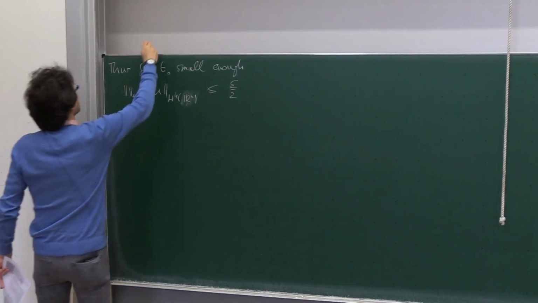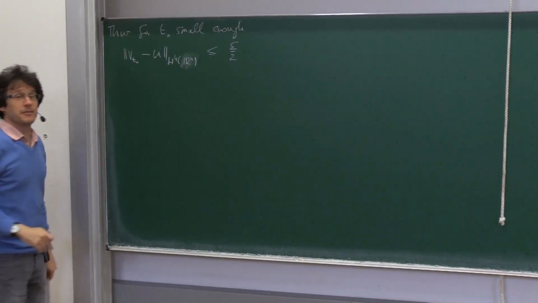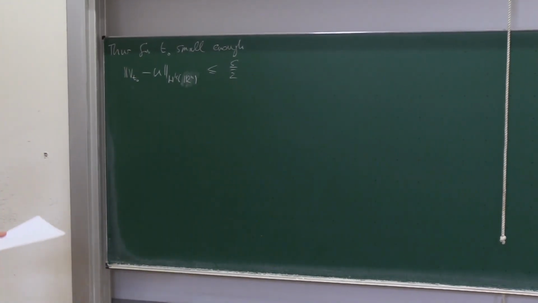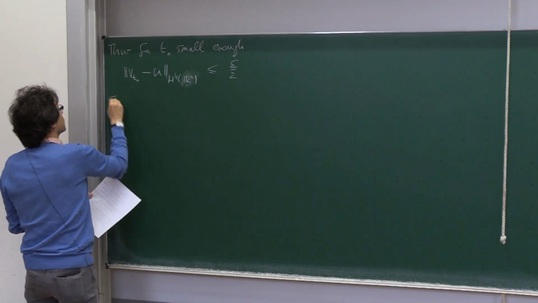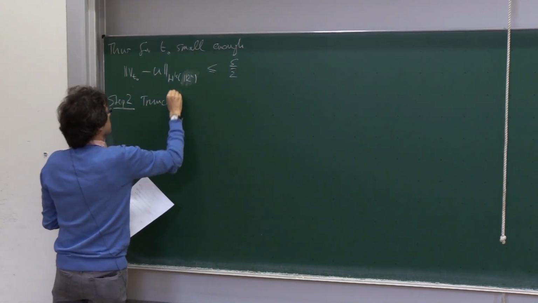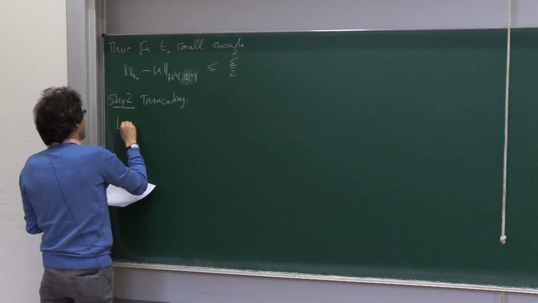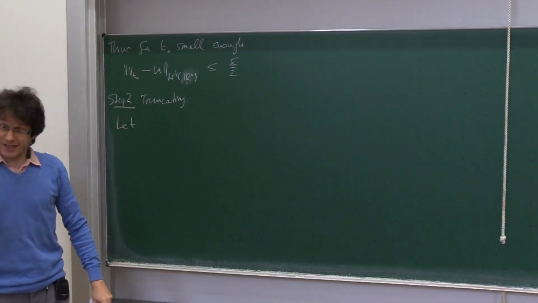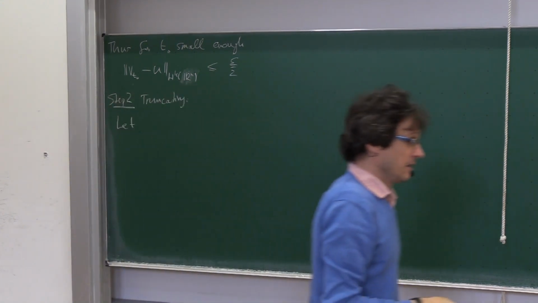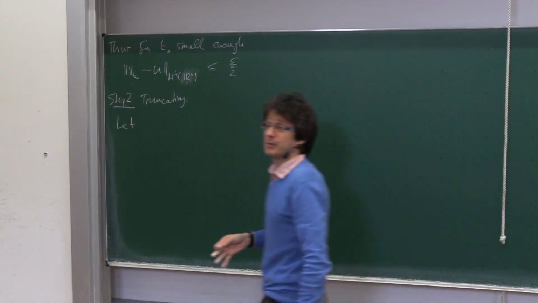Okay, so now we have a smooth function that is close to u, and now we have to approximate this by something that is smooth and has compact support. So this is step 2, this is truncating. And okay, we cannot just truncate the function because this would again destroy the smoothness. So let's truncate a little bit more